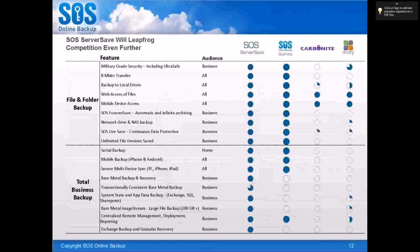All right, moving right along. So here's a bit of a feature grid. You can get access to this grid from your partner specialist. Just call them up, ask them for the presentation, and they can send that out to you. But basically what we're looking at is SOS